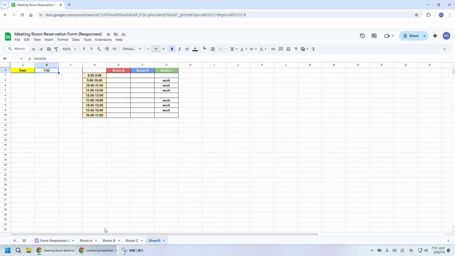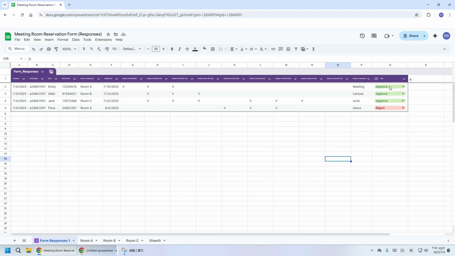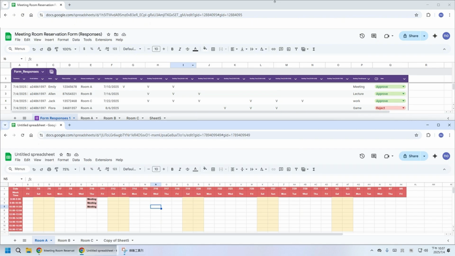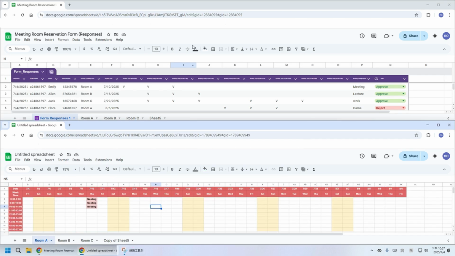If you want your customers to see how the room is being used, but not showing the results of reviews, here is my practice for your reference. This is the form I use for internal control. You can audit and see the usage status of all rooms. Then the version below is what I show to the customers, showing only the room usage status without displaying the results of reviews. The two tables are linked.